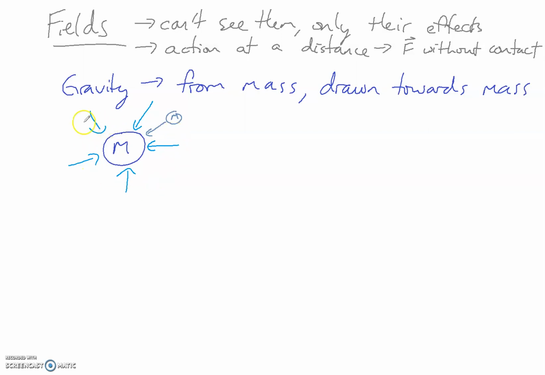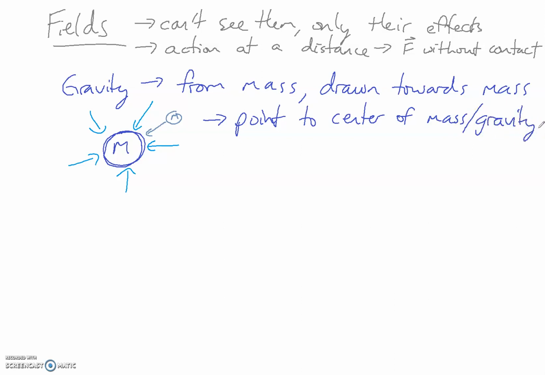Now, where are those arrows? These are vectors. That's what they are. Where are they actually pointing to? Do they just stop at the surface of the mass? Do they just stop here and that's it? Does that mean that there's no gravity inside of the Earth? Well, no. They actually point to what some people often call the middle, but it's not necessarily the middle. They point to what's often called the center of mass or the center of gravity, which you've probably heard of before. And we'll get into that later on, but the center of mass or center of gravity is sort of like the average location of the mass, or average location of gravity, for an object.